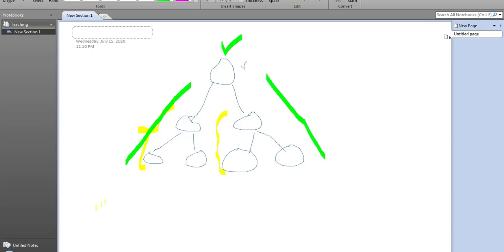The left subtree is nothing but this one. I'm going to change the color of my pen so that it is easier to understand. So this is the left subtree. This left side data is always lesser than the root node. For the entire tree, the root node is this. For this subtree, the root node is this one. This value is lesser than this root value, and this value is greater than this root value. If we consider this subtree with the parent tree, this value is lesser than this root value. That is how the binary search tree is implemented, and that is how we need to follow it while creating a binary search tree.